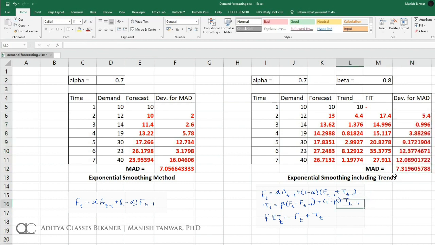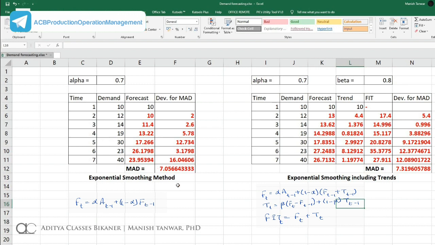Now, my error in this first case is almost 7 mean absolute deviation. So my average error is 7. Now if you remember our previous lectures, we talked about highly dynamic environments, where values are changing every second period.